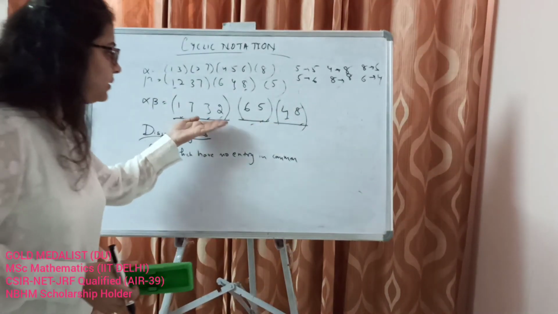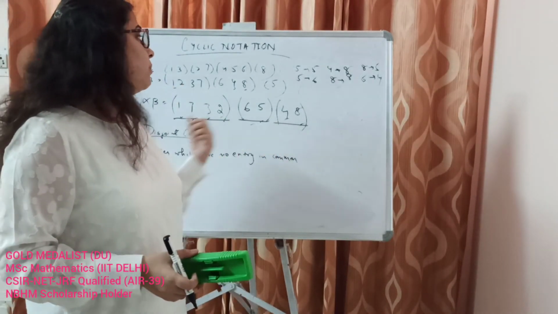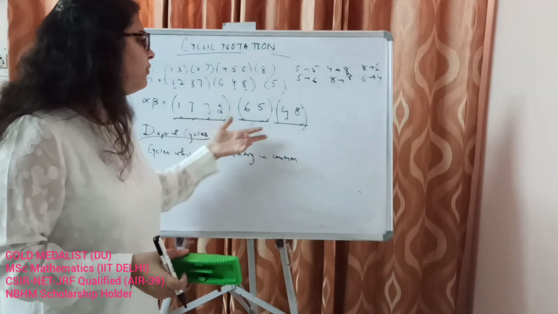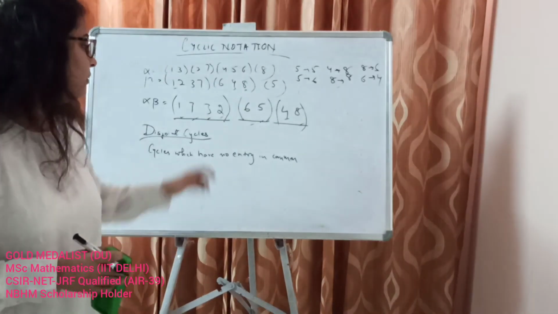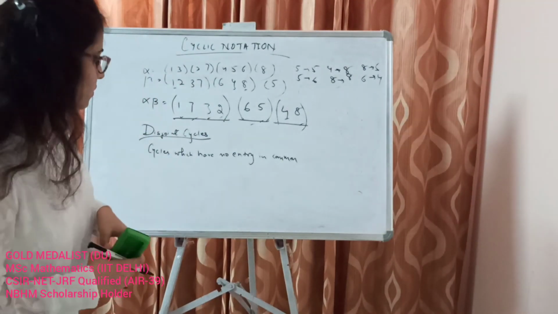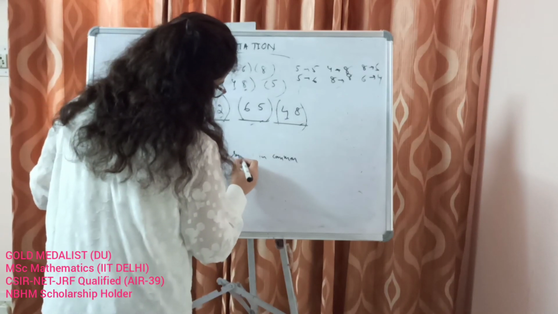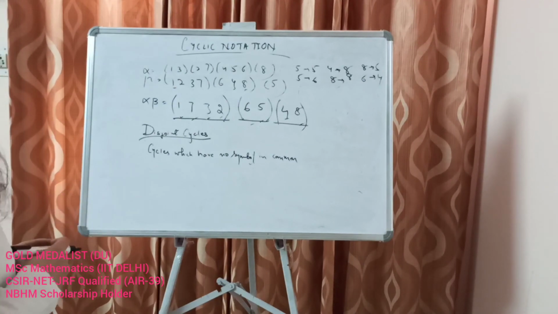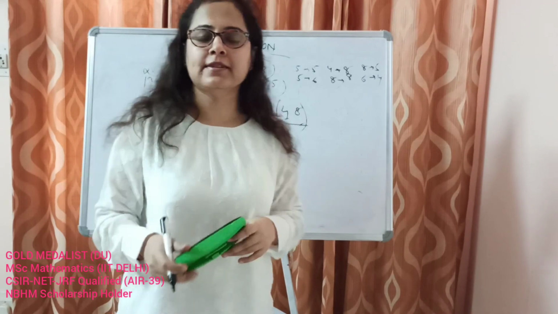For example, in this product of permutations, we have written it as a product such that none of the cycles have any symbol in common. We call each element of the cycle a symbol. Okay, no symbol is common. Symbol or entry. All right. So this is how we write cyclic notation, and how we multiply permutations written in cyclic notations.